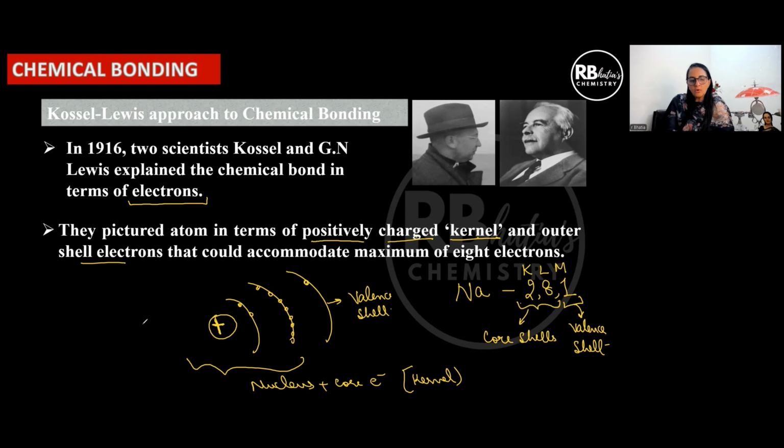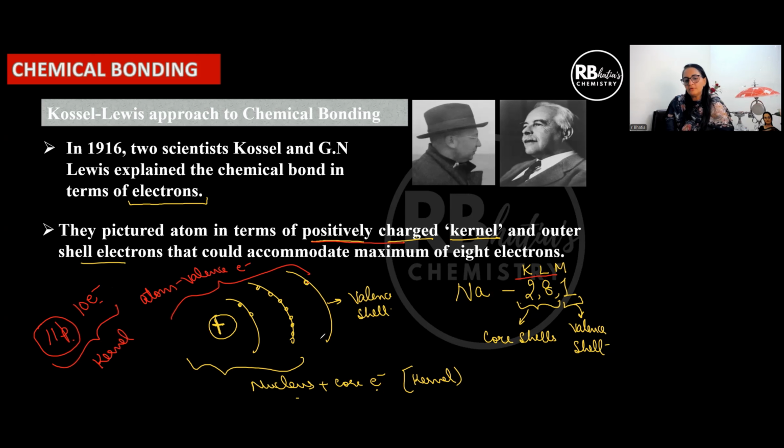So that means I can also define kernel as the nucleus plus core electrons, or I can also define it as considering the entire atom minus the valence electrons. And since we are not including the valence electrons in a kernel, the kernel is going to be positively charged. Why? Because kernel means I'm talking about 11 protons, part of the nucleus, and I'm talking about only 10 electrons because I'm not including the valence electron. So obviously the kernel has to be positively charged. I hope you